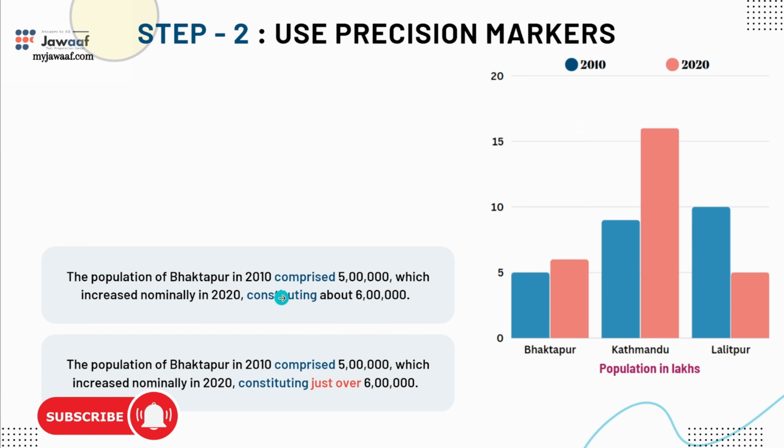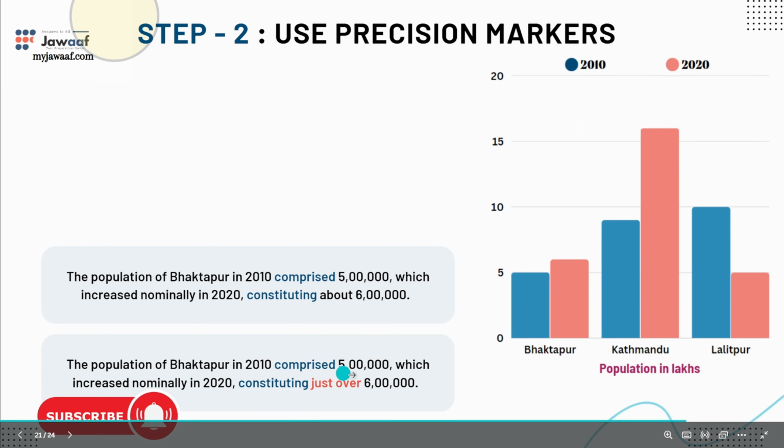Okay, now let's see. Constituting about 6 lakhs. Now we don't want to use the word about. So what do we do? First of all, let's see the data. Here we are. See, it's just above 5 lakhs, right? It's not very above 5 lakhs. It's just above 5 lakhs. So what do we say? Constituting just over